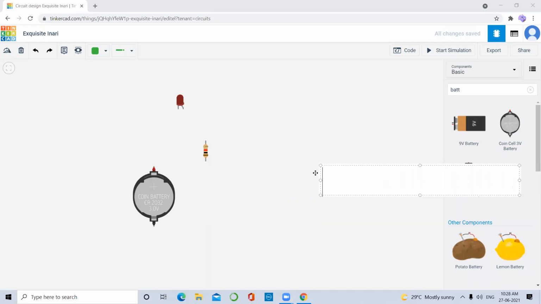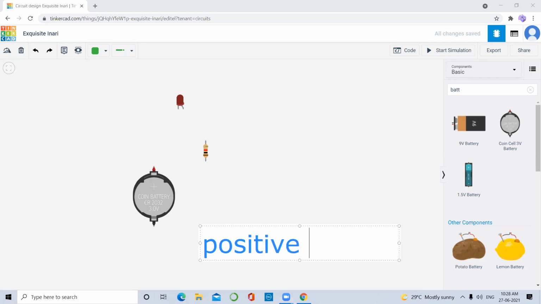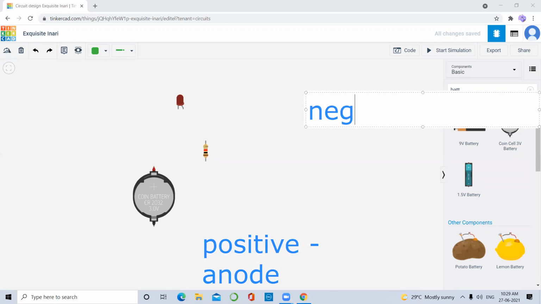Now, first of all, let us understand what is positive and what is negative. Positive means anode, and negative means cathode.